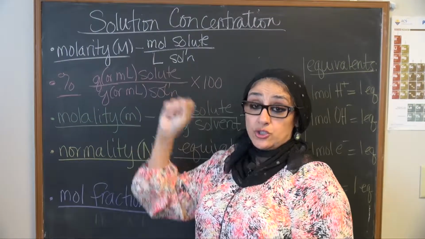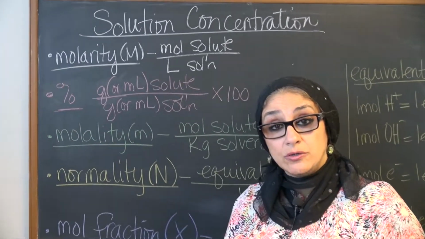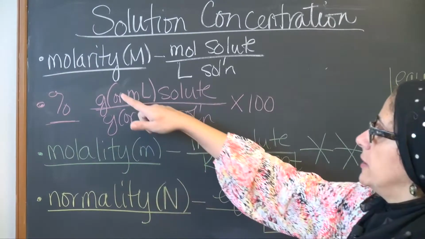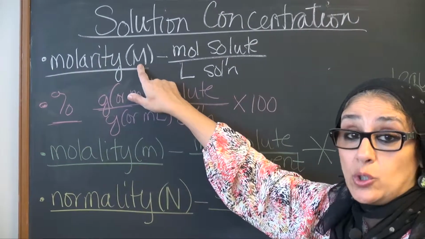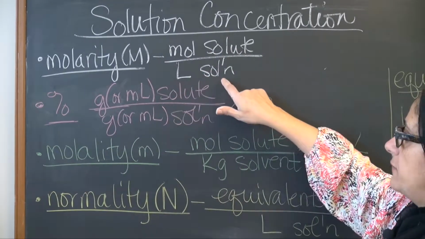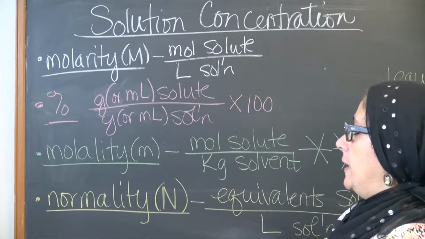Molarity is a unit that you have already seen and have used in 1411, or first semester of general chemistry. Molarity is symbolized by capital M and is defined as moles of solute per liter of solution. All right, percent